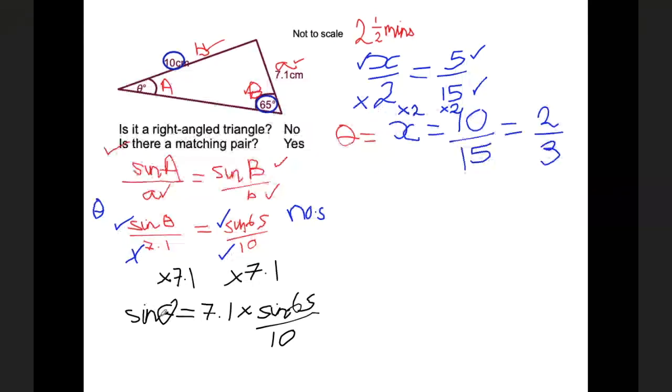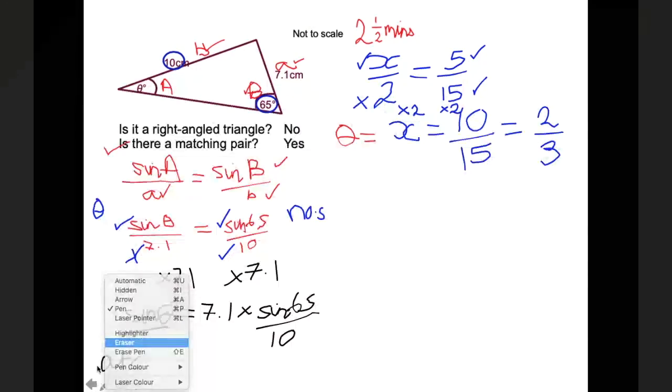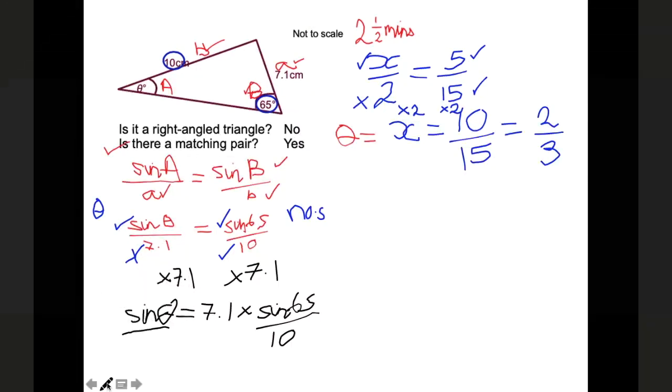Welcome back. Hopefully you realise we need to eliminate the sine. Now to eliminate the sine, we need to find the inverse of both sides of the equation. So the inverse of sine is clearly going to be sine to the power of -1, and you find this on your calculator by pressing Shift Sine. This, sometimes on a Spanish calculator, can be referred to as arc sine,